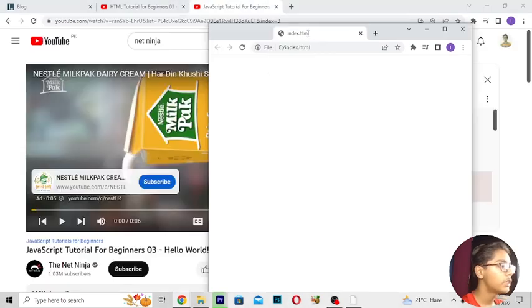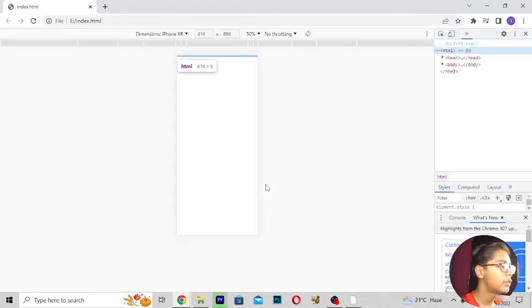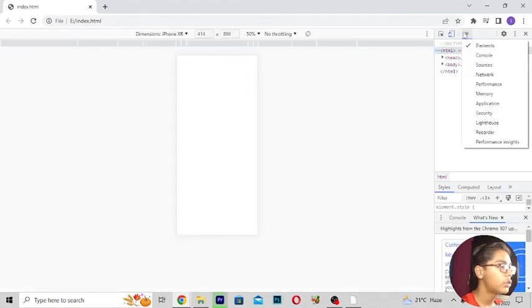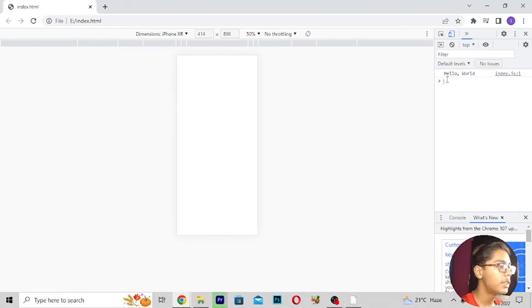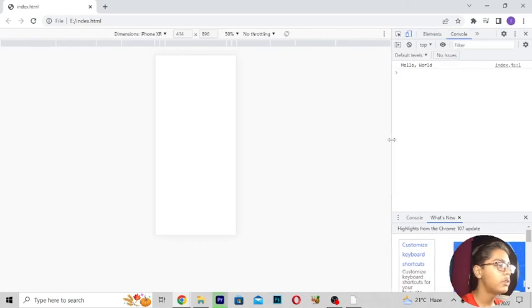You can see nothing is coming because we have just opened this. So here I will now be doing one thing. I will move here, press inspect, and if I show you, move here to console, you can see we are getting the hello world output. So this was how you can write a hello world program in JavaScript, and like this you can link a file